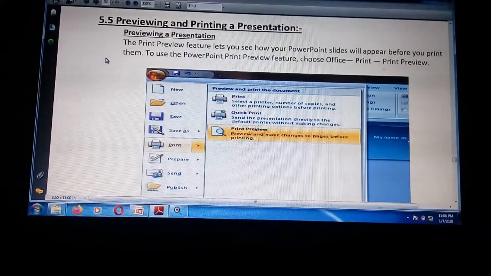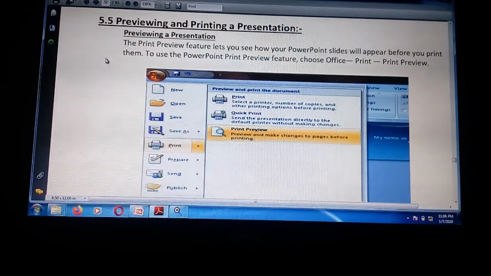Dear students, now we will see the next part, that is previewing and printing a presentation. Now what is meant by previewing a presentation? See here, the print preview feature lets you see how your presentation slides will appear before you print them. To use the PowerPoint preview feature, choose Office, then Print, and then the Print Preview button.